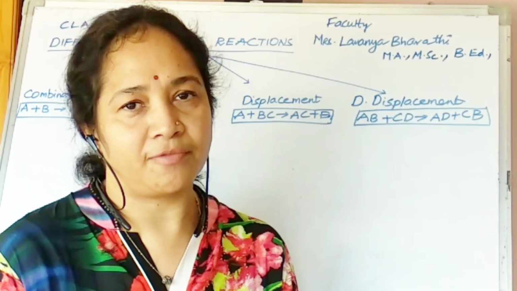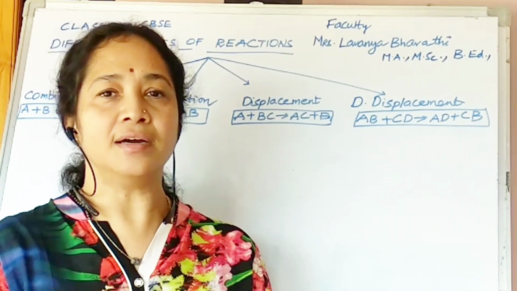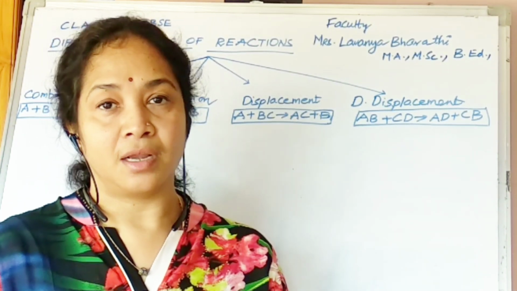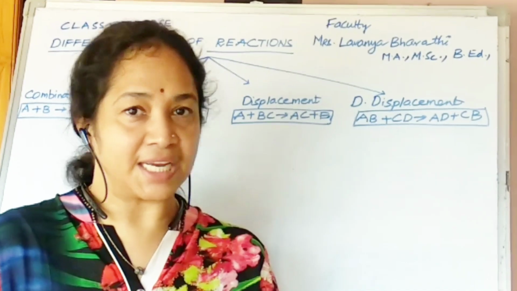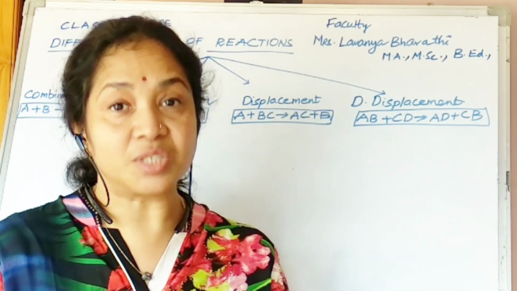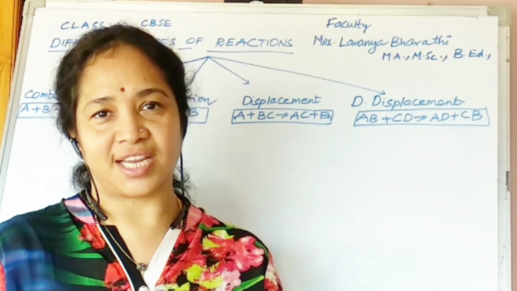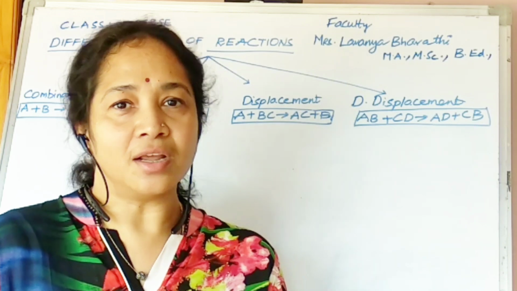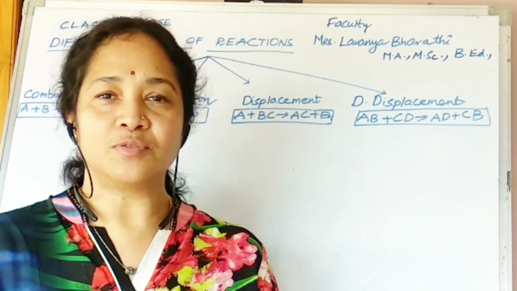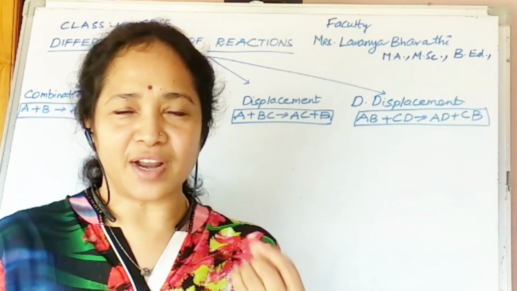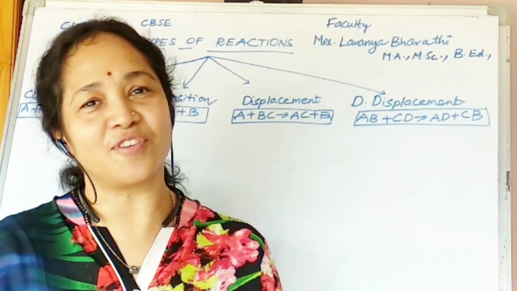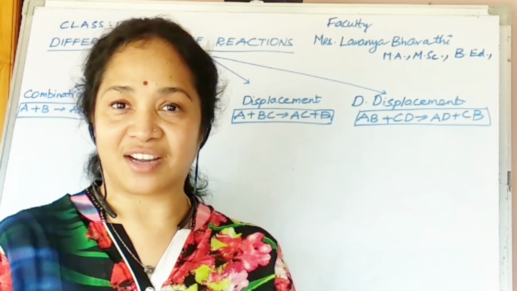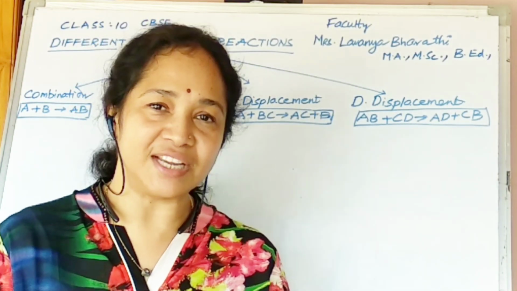For the very first type of reaction, the combination reaction, here you know that carbon, when we burn a paper, which is made up of carbon, undergoes oxidation, or let me say carbon reacts with oxygen to form carbon dioxide. So what is the symbol of carbon? C. What is the symbol of oxygen? O2. C plus O2 gives rise to CO2. So this is one of the important or simple examples of combination. Two different molecules combine together to form a macromolecule. That is what we call a combination reaction.